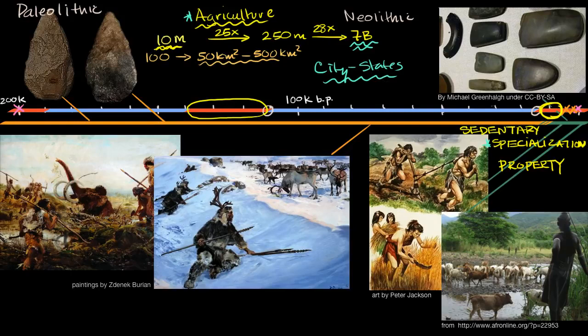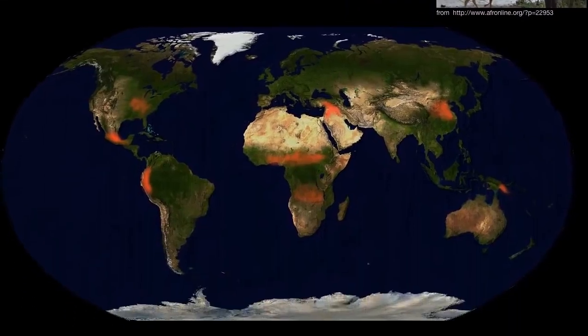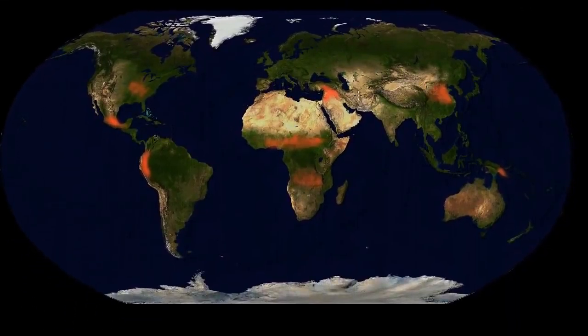So it might seem like a small thing. You go from hunter-gatherer to agriculture, but it's been one of the most, maybe the most profound, it's probably up there with language and writing, things that have defined what makes humans humans. And to get a sense of where this agriculture was born, here are the various regions that we believe agriculture emerged from. The Levant, right over here in the Eastern Mediterranean, modern-day Middle East, Syria, Israel, Palestine, Iraq, southeastern Turkey. This is one of the areas where we think agriculture first emerged, on the order of 10 to 15,000 years ago.